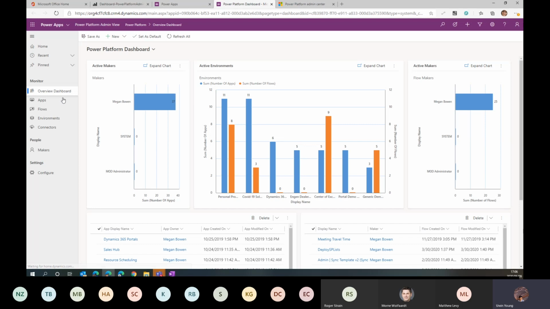So the first page on the monitoring is the overview dashboard. This gives you an overview of your makers in your environments. You can see who your top makers are, your active environments, and gives you a sense of the number of apps and number of flows. So blue obviously being the apps, and your flows are in orange for the different environments that you have configured